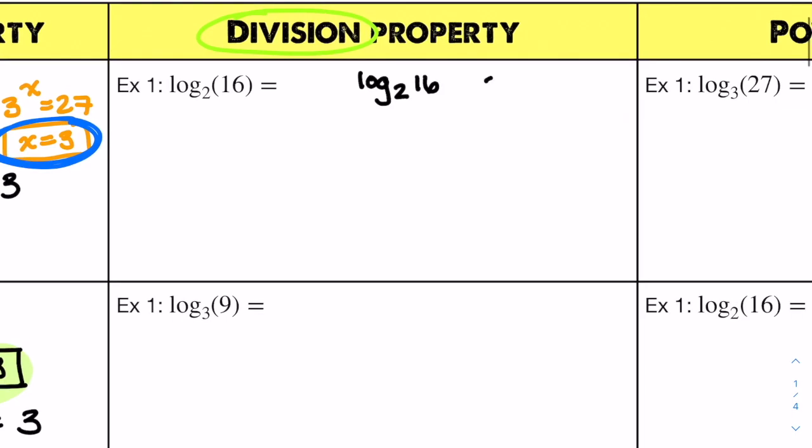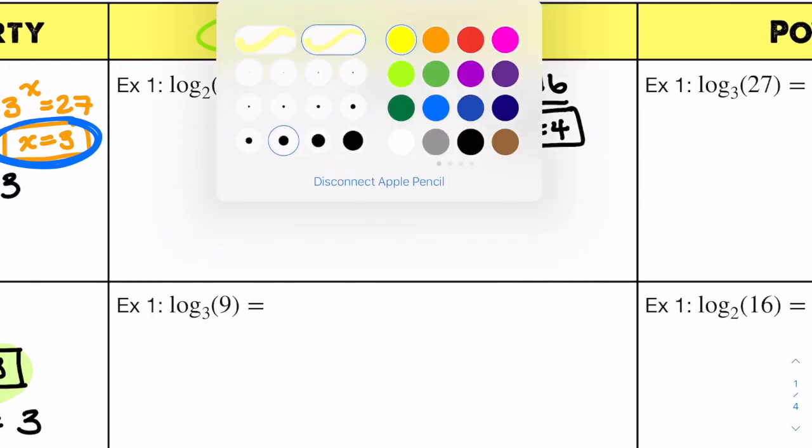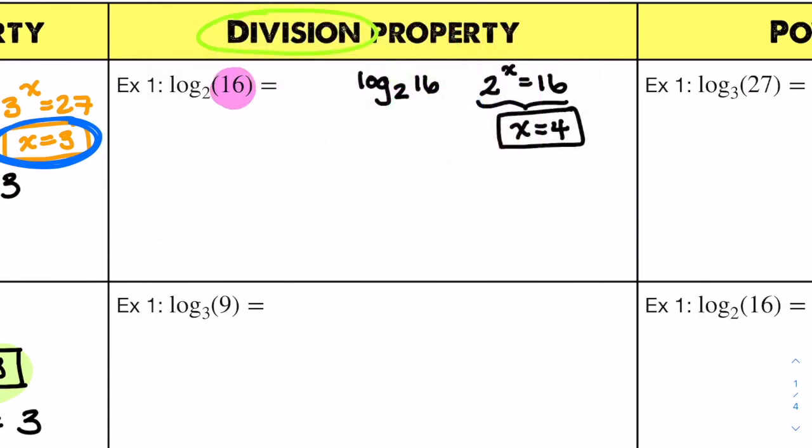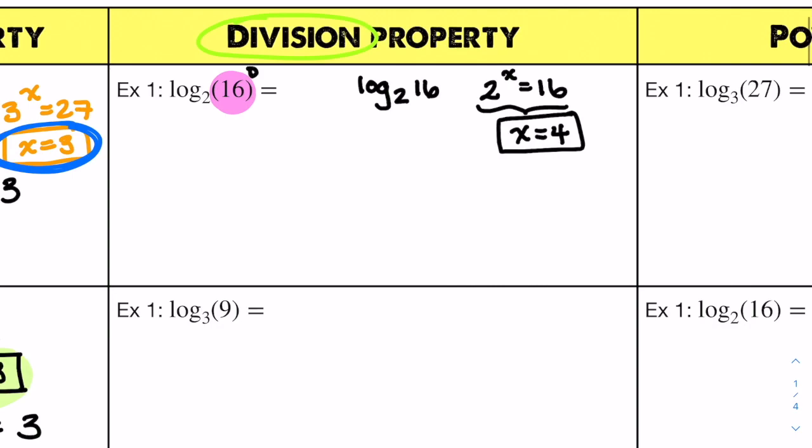You would just have to ask yourself 2 to what power is 16. And again, if you know your powers well enough, you would be able to know we're looking for an answer of 4. So again, in this case, in the first set, we were turning this inside into multiplication. Now we're going to turn it into